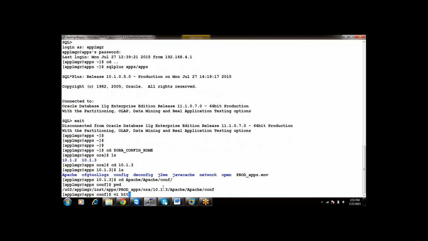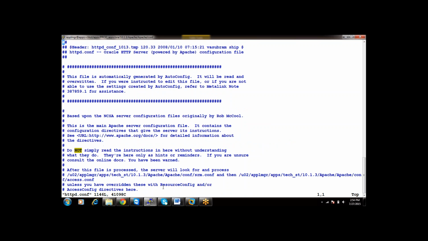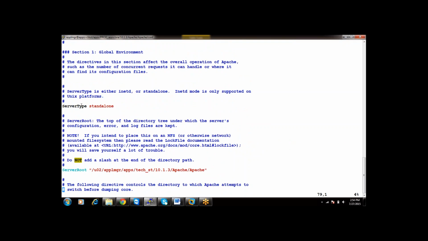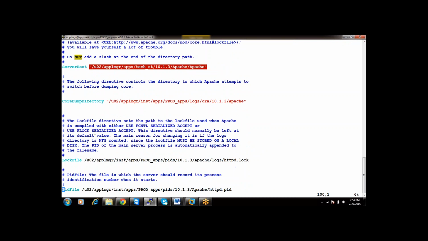I am opening it. This is the configuration file. What is it containing? Server is the parameter name, and this is the value. It is containing configuration parameter values.